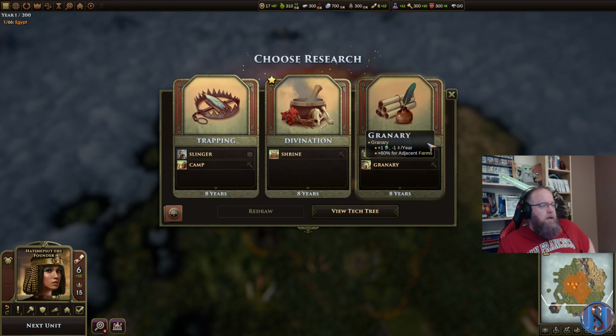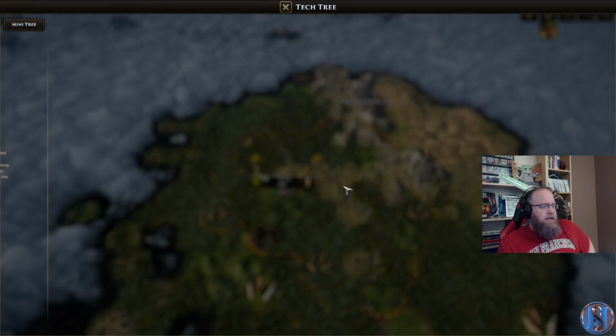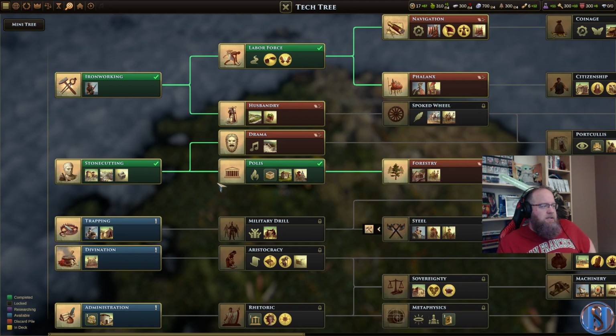And away we go. So choose research. Right out of the gate, a lot of long-term ones here. Let's take a quick look at the tech tree as a whole, let you guys see what's going on here. The tech tree is a bit of a shuffle, and what happens is